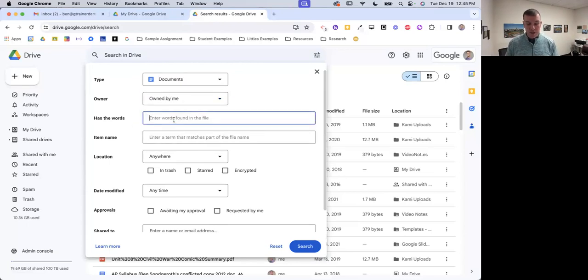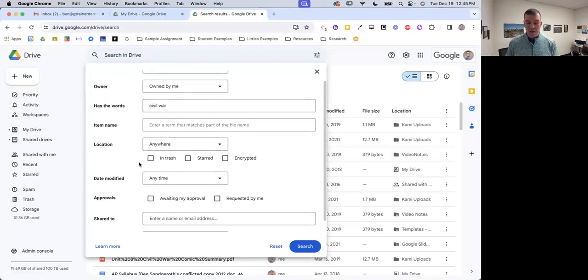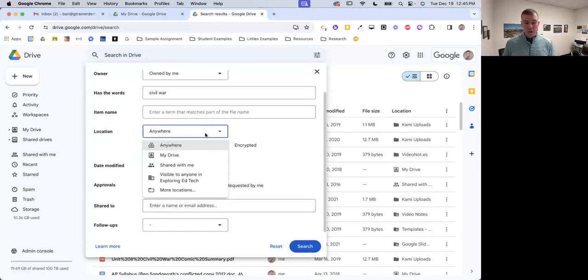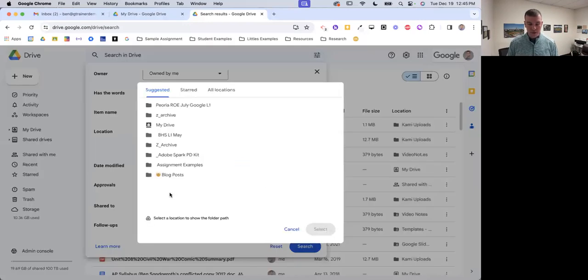And then you can look, has the words Civil War. If I knew the name, I could do that. And this is another thing that just came out within the last year: you can look in specific locations. This is kind of another level, but you might know it's in your lesson plans folder, but you don't know where, because there are 7,200 other subfolders in lesson plans. You can say more locations and I can look for